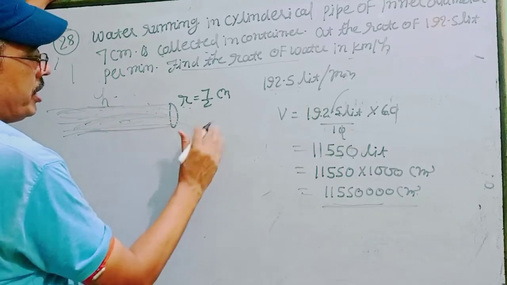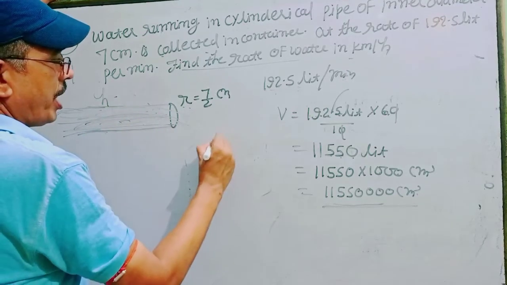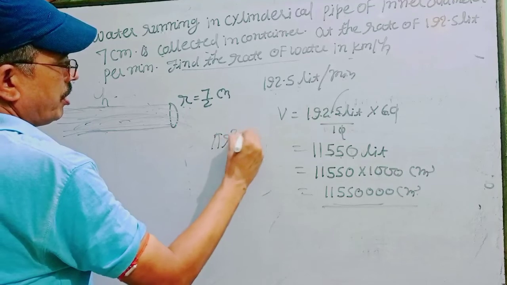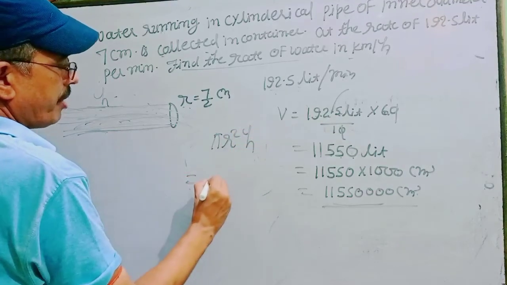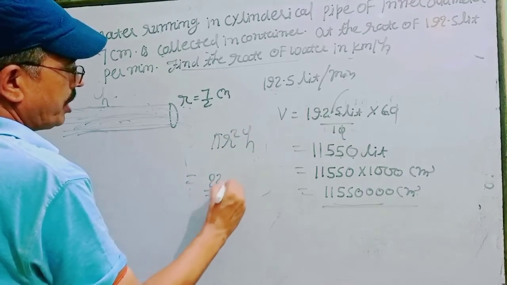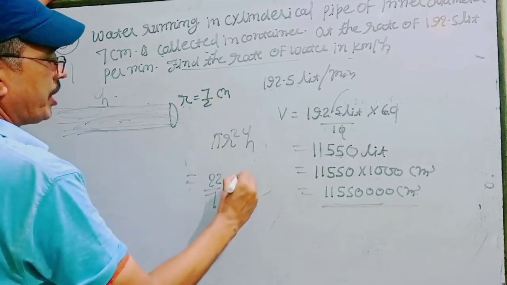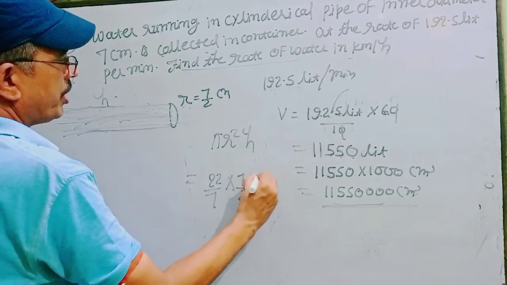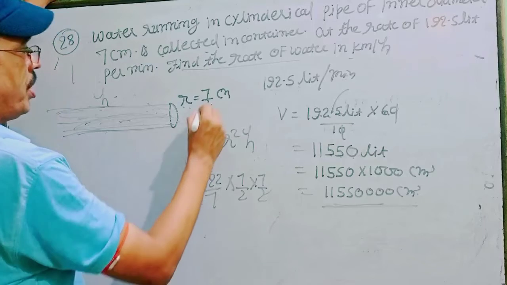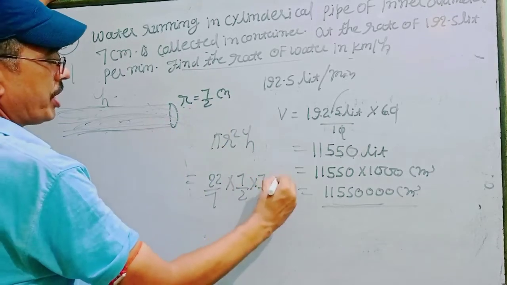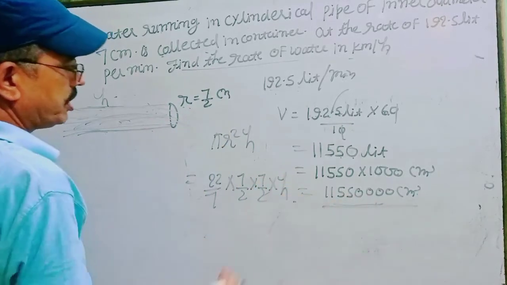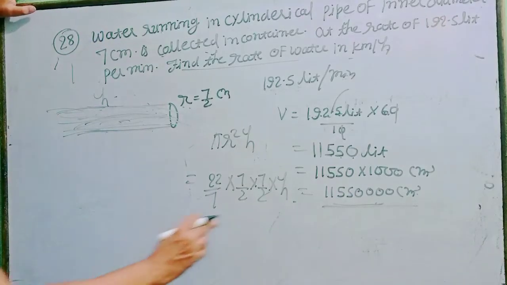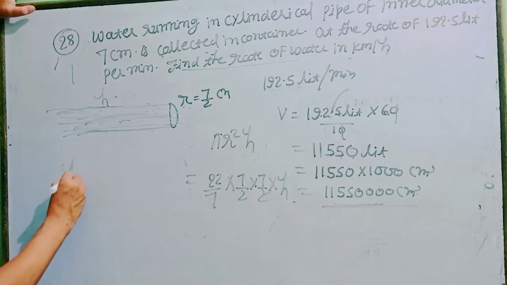Now your question, what is the height of this, that is, what is the length of the cylinder, then it is equal to pi r square h. Here pi is 22 by 7, r is given 7 by 2 into 7 by 2, and h is not given, so it is h, and the volume of this. So you can easily find what is the value of h. So h is equal to what?